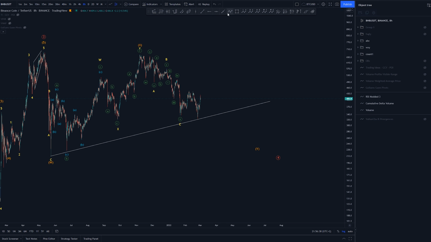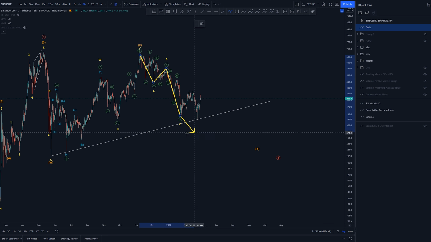So A, B into C, and now we have this structure that looks like A, B and C, A, B, C, and maybe 1, 2, 3, 4, 5. Right, let's click this here,